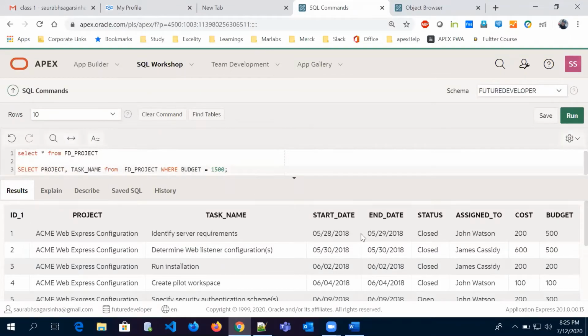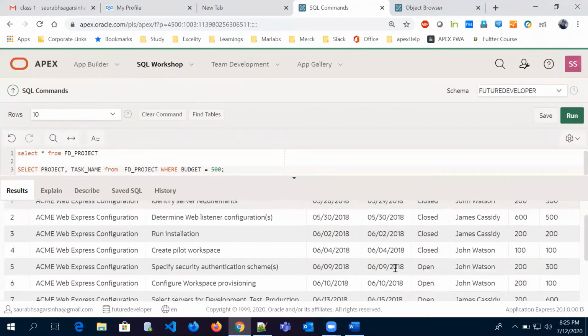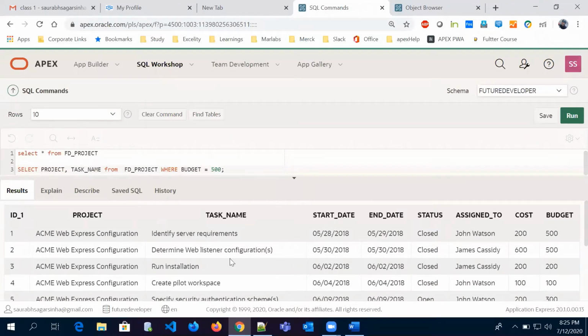Budget equals 500. Here, as you can see, we have a lot of information where budget is 100, 300, 600. We want only those project names and task names where budget is 500. Let me select it and run it.